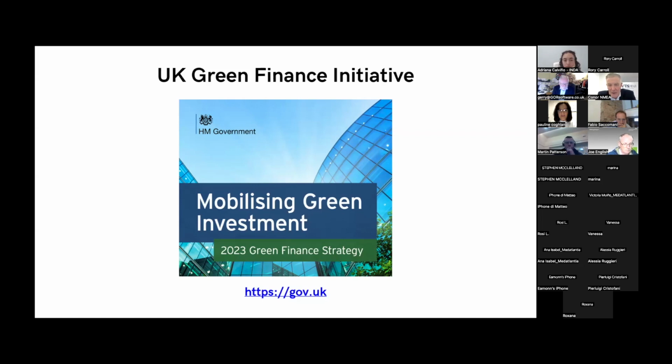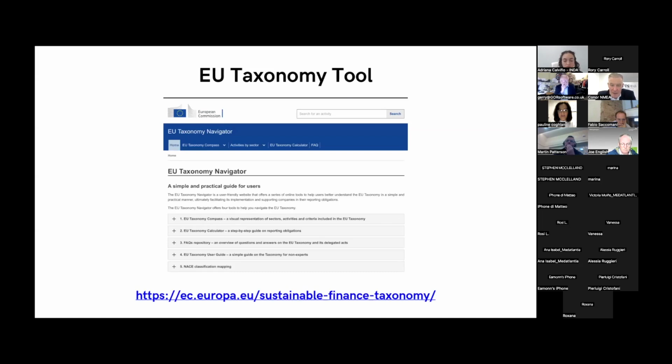Again, there is advice within this website as to how best to pursue a green agenda as part of your CSR. Alongside that, complementing what the UK has been doing, there's the European Commission's taxonomy tool and the resources within that website, sustainable-finance-taxonomy, as part of the Europa EU website.